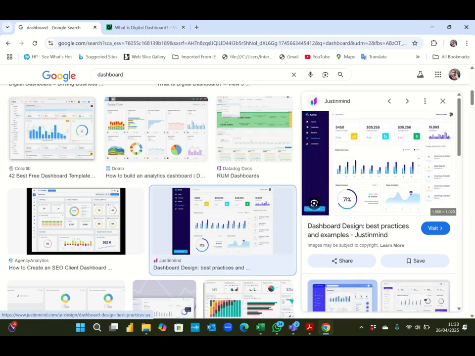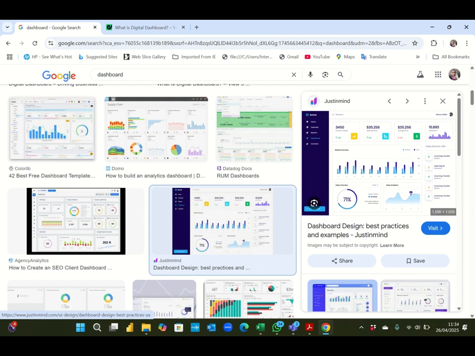Now, when we are talking about dashboards, we'll be talking about KPIs. What you are seeing here at the top is known as KPI. That is, KPIs are those metrics, those pieces of information you want to communicate and project for decision making. Like this dashboard, when you look at this dashboard,